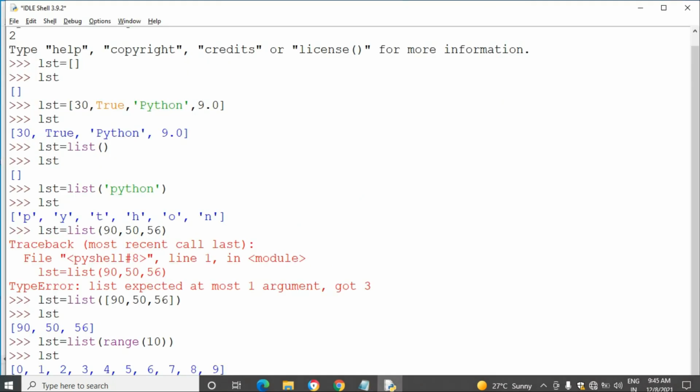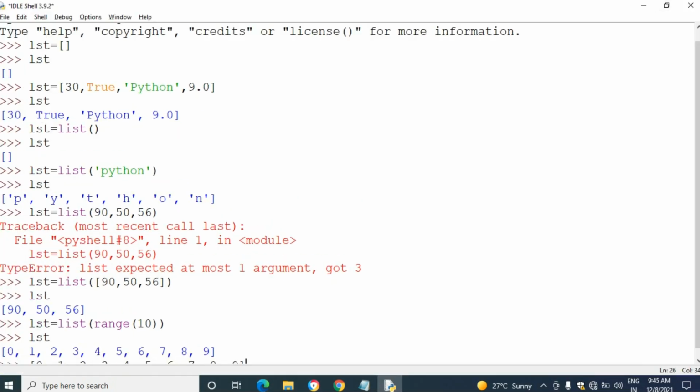Then the next one, let's see another example.